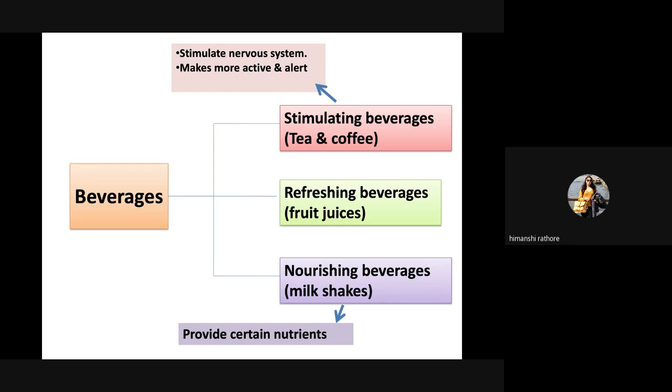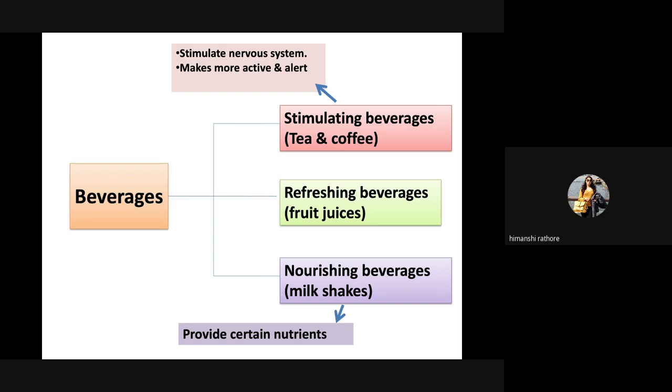And if you're making a mango milkshake, that provides you a lot of vitamin A because mangoes are rich in vitamin A. So they are not only giving you water, but along with that, they are giving you some nutrients also. So they are nourishing your body. Hence, the beverages are categorized into three categories, but there is another category which is carbonated drinks. They don't provide you any nutrients, they just provide you empty calories. So there is another category you can add that